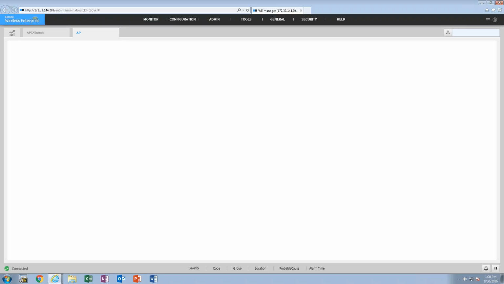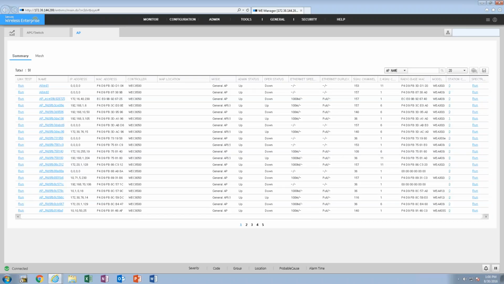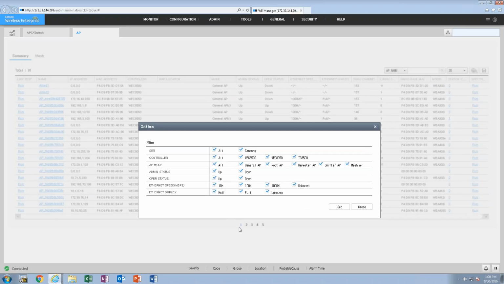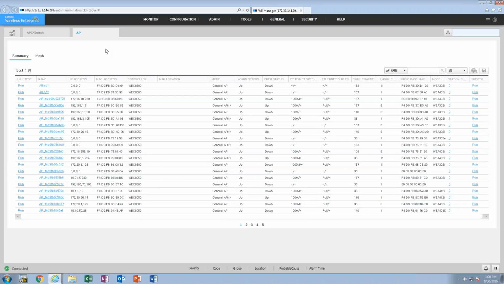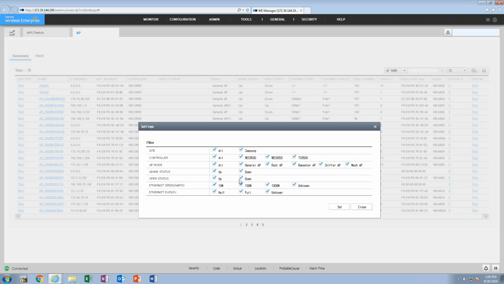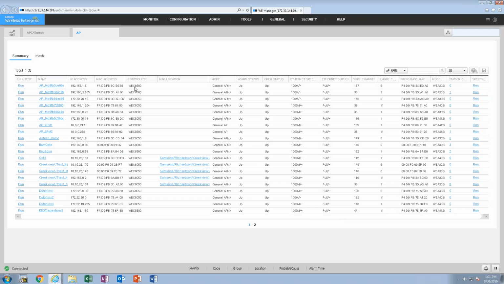APs is going to be the full list of every AP that's associated, and then we have that filter icon up here in the upper right-hand corner. We can uncheck or check these and start to get a smaller view of what's happening across all the WLAN servers. So right now it looks like we have visibility of 91, but if I run a filter to see how many of those 91 are actually connected to the system, that number will drop to 32. Well, not too drastically, but